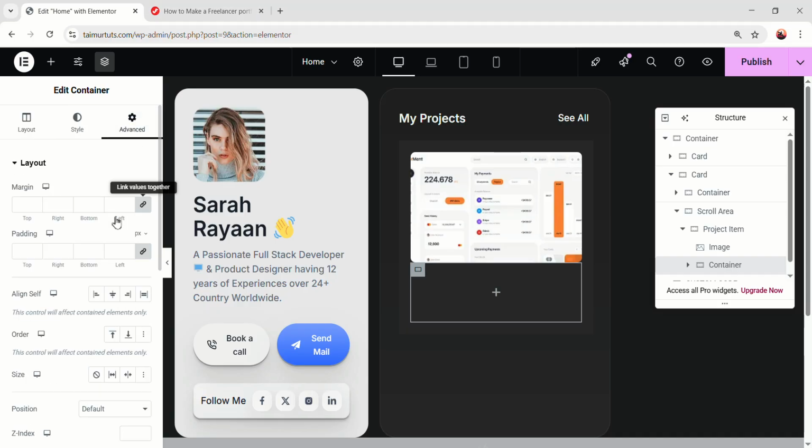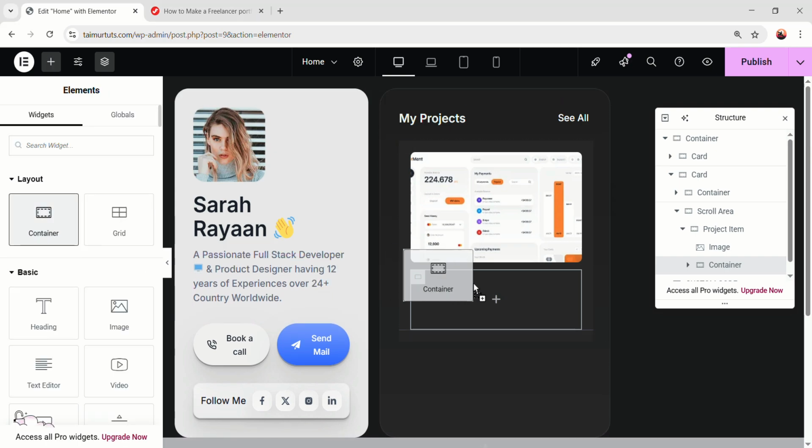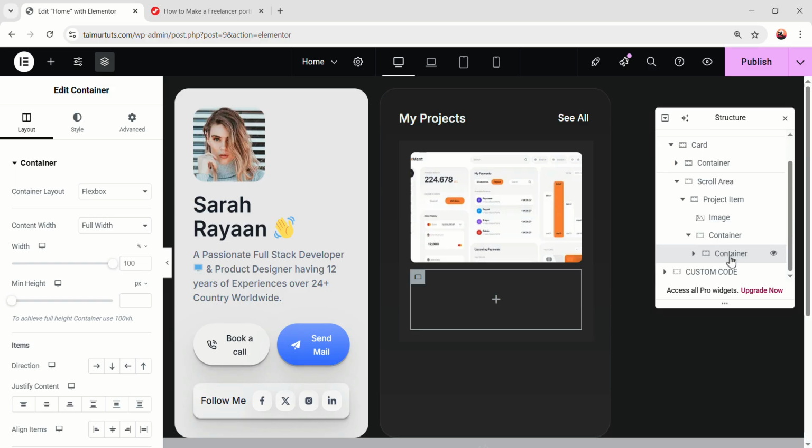And from the advanced, add margin top 12 pixel. That's all. Now inside this, let's add item. So here I'm gonna add another container, and I'm just gonna rename this container shortly cont, because we don't want to mess up with the names, so it stays easily recognizable. We don't have to do anything with this cont, just inside of it let's add a heading widget,